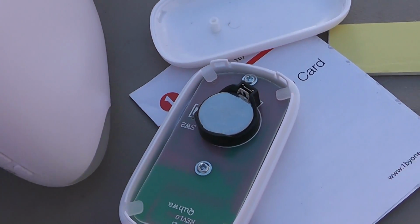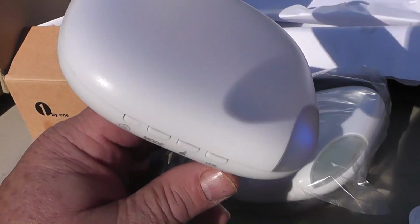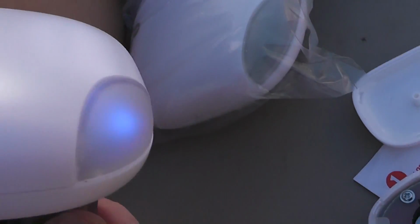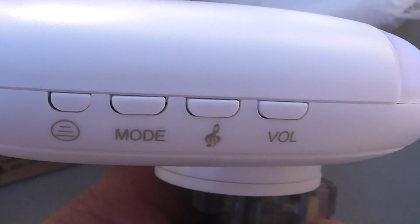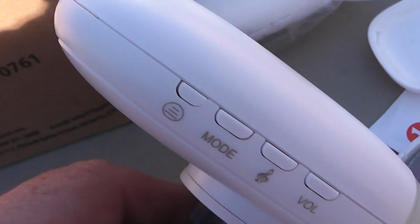Cool. So it works. That was too easy. I thought it was going to be like a 12-step process. But you got the volume control here and the mode button. I guess you can change the...